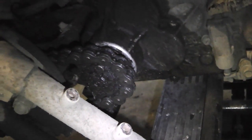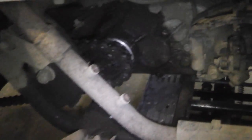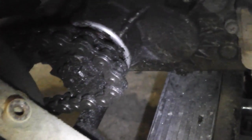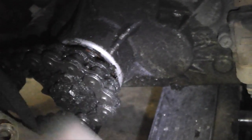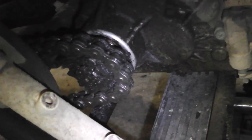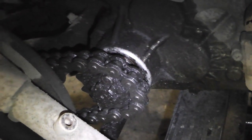So, I got a message. Anyways, I'll just go through the message. It's a chain oiler. I don't see anything wrong with that. In fact, I recommend highly doing this to your motor to begin with, and that way you have a sufficient